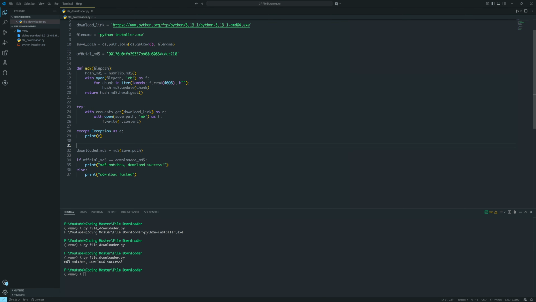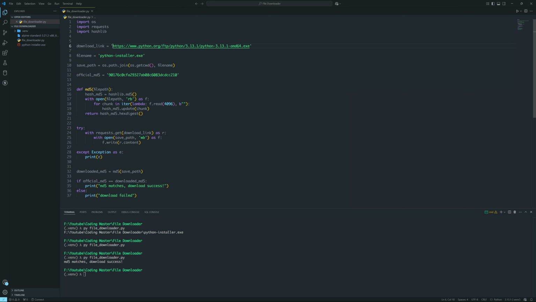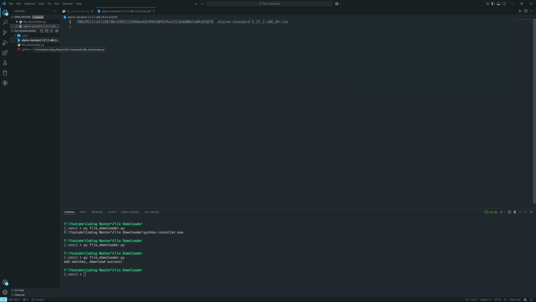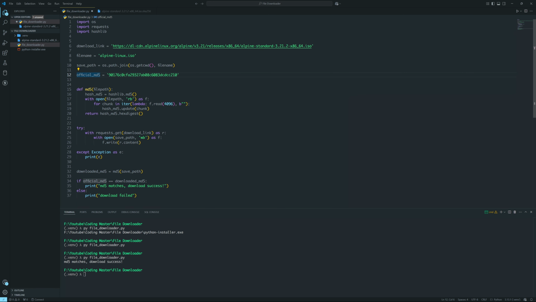All right, let's go back to our IDE and let's paste in the download link. So let's replace this. And then replace the file name with Alpine Linux.iso. And then save path is the same. And for the checksum, this time it's using SHA-256. So let's copy this value. This is the file we just downloaded. All right, and let's copy this value and go back to our program, and let's actually just comment this out